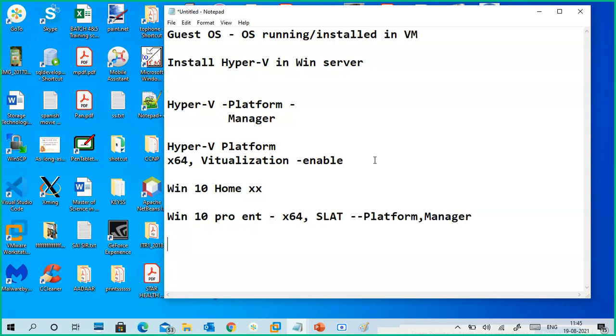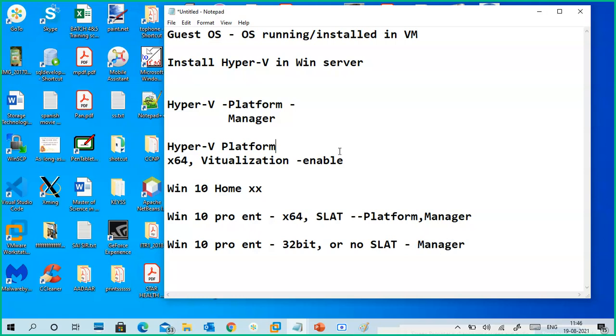Okay. For example, if you have Windows 10 Pro or Enterprise, but you have 32-bit, or no virtualization enabled, it's 64-bit with no virtualization enabled, or 32-bit, which definitely has no virtualization, it means you can install only the manager.